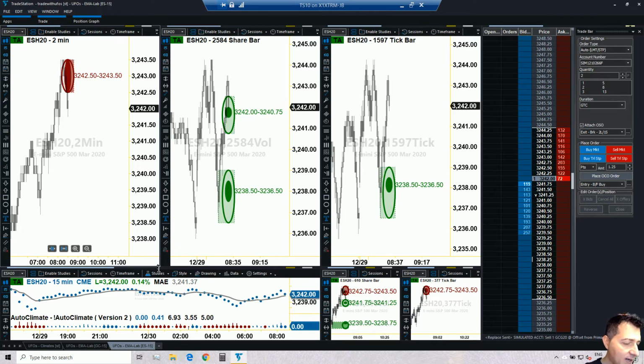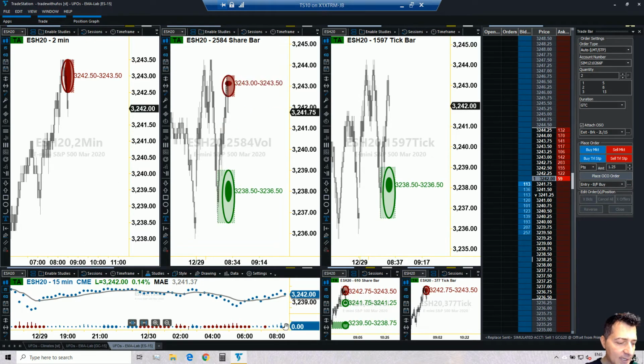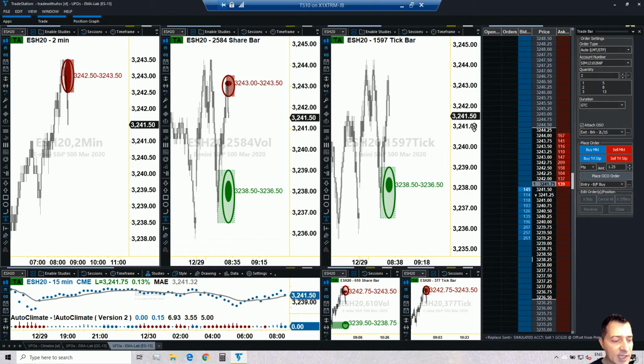Okay, so what do we have here? Climate, we got a thick dot blue color, so the climate is confirmed to the upside. We got 5 candles into the climate, 5 out of 7, so it's still a good time for us to get in. Average 32.41. All of this is nice, is good, but unfortunately we have no UFO at this price level in any of the edge time frames. So at this moment in time with the S&P, it seems that we're going to have to wait for new UFOs to form and then get in.